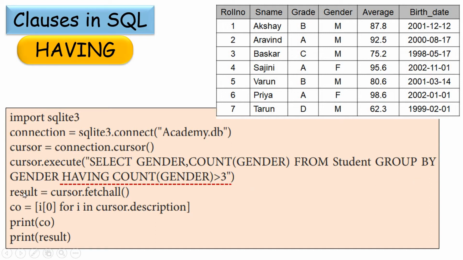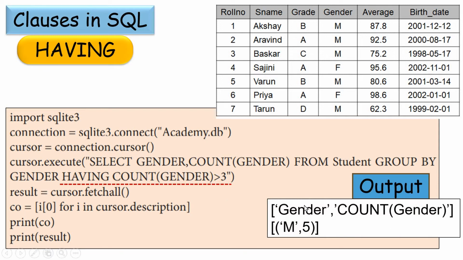First, the group by clause will group the gender column by gender, and the condition in the having clause will check for the count of gender greater than 3, and then the select command will fetch the gender in which the count of gender is greater than 3. The output of this program is gender, count of gender, M, 5. The count of the female students is 2 and count of male students is 5. Since the count of the male students satisfies this condition, count of gender greater than 3,